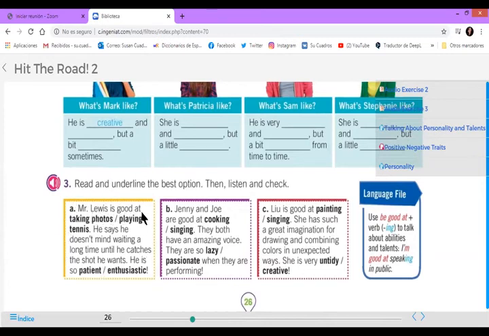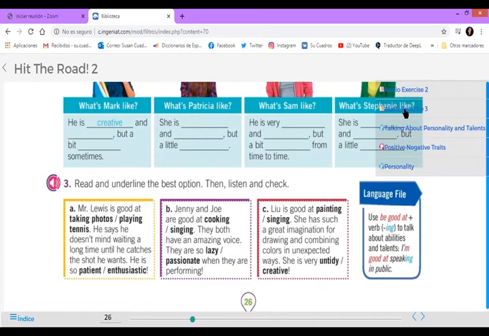Mr. Lewis is good at taking photos, playing tennis. He says he doesn't mind waiting a long time until he catches the shot he wants. He is so patient or enthusiastic. What do you think? Yes, exactly. Here you have patient because we say that he doesn't mind waiting a long time, right? And Mr. Lewis is good at taking photos or playing tennis. Yeah, taking photos. You have to be very patient to take photos. How you can't even imagine. Okay, so as you do this, when you finish checking the correct answers, then you can listen the audio and